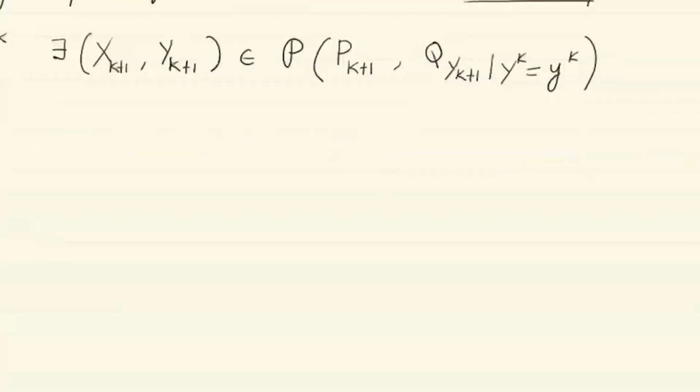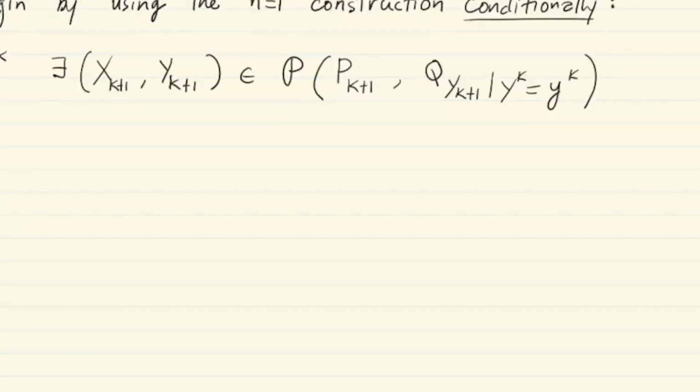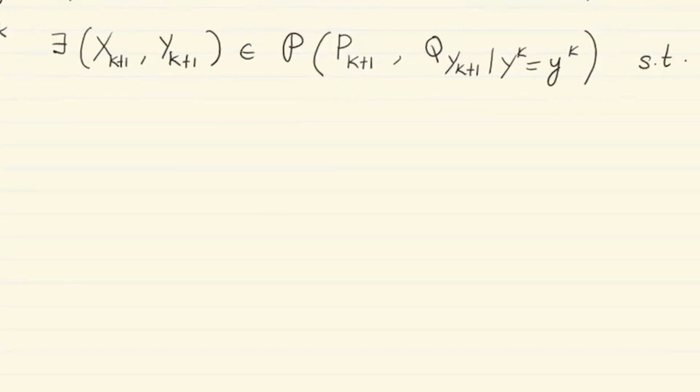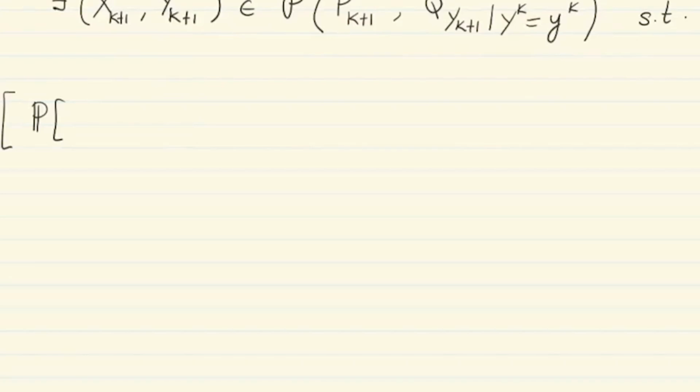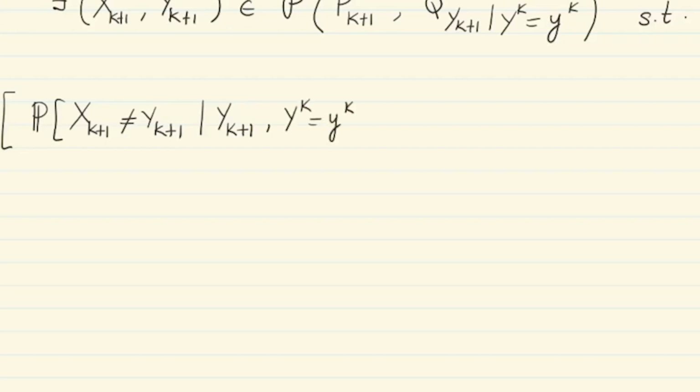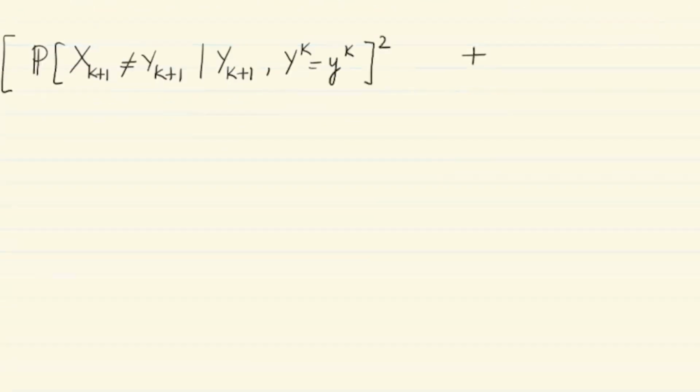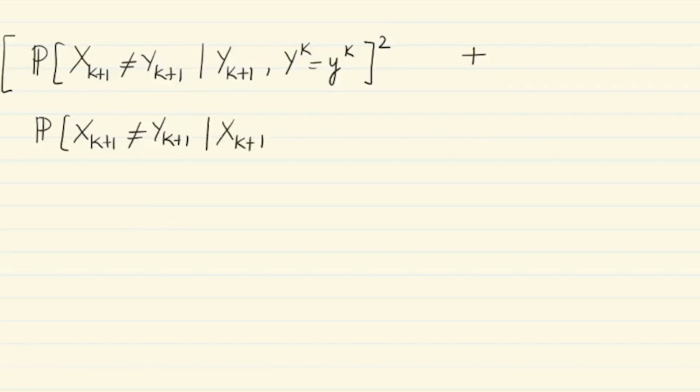Okay. So also we know that this n equal to 1 conditional coupling also satisfies the inequality for n equal to 1. So the inequality basically reads expected value of the probability. So this is the n equal to 1 form. So the variables being measured for discrepancy are just xk plus 1 and yk plus 1, and this is all conditioned on y1 through k. So we should always condition on y1 through k. Firstly, there is the conditioning on one of these variables itself, followed by the background conditioning y1 through k equal to small y1 through k, whole square, plus the same thing where the conditioning is on the x variable, xk plus 1, and we will add to it the background conditioning yk equal to yk, the whole square